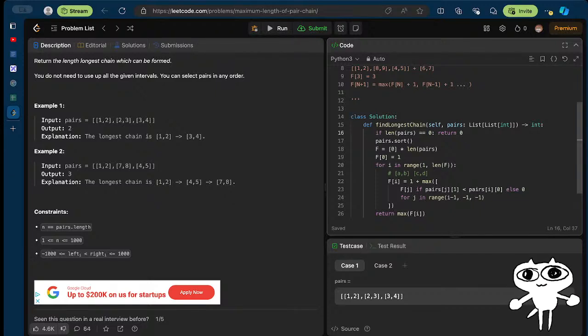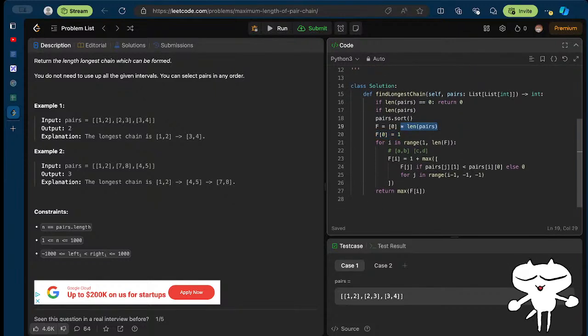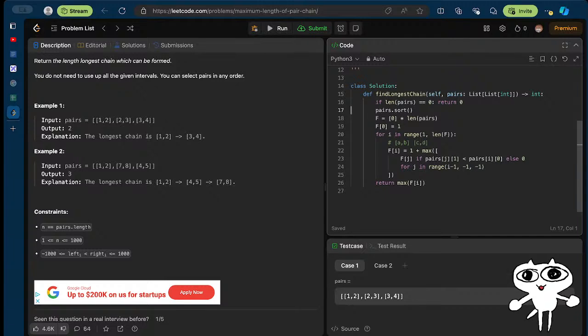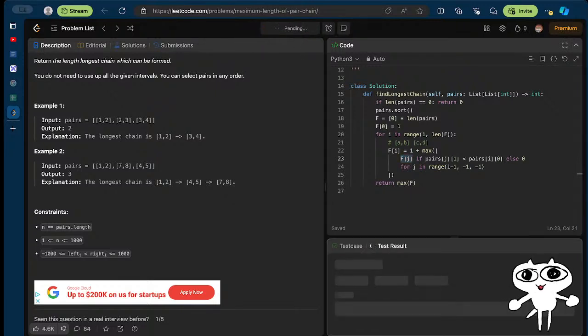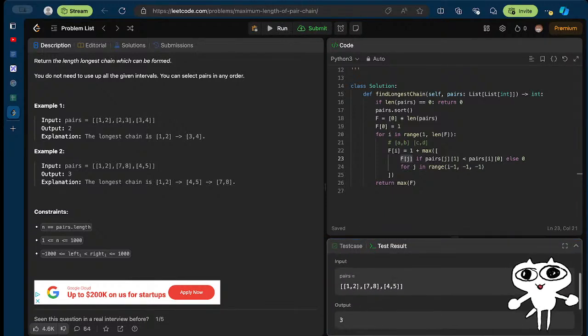If you just have 1, then that essentially counts. Does this handle it? Like f of 1 is 0, so it's like 1. This already handles it, so from 1 to len of 1, it's going to be empty, so this max of f, my bad, this was a mistake, so max of f of j. So let's run this and see if this gives the expected result. So this works as we expected it to work,